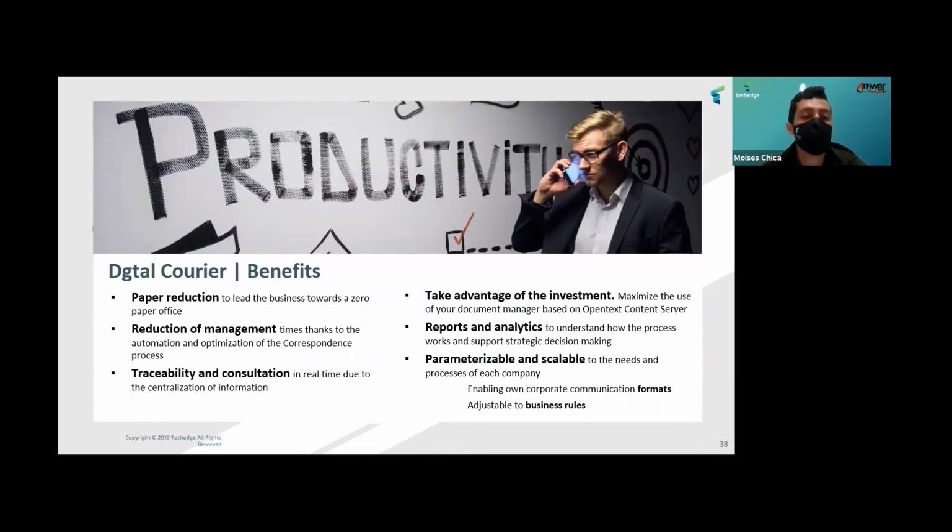The most relevant benefits, let's say, to sum up, are paper reduction. I really love this one, as I told you, because it's a zero paper office, really no need for extra paper in the process. The reduction of management times, because as a big part of the process on distribution flow is automated, it's really optimal, and you don't have to go and seek for one correspondence everywhere, or to ask database administrators to create complex reports